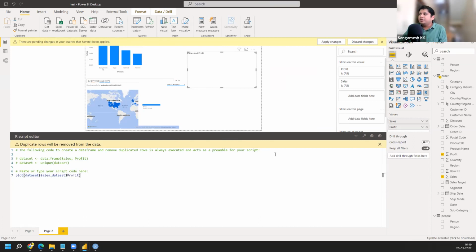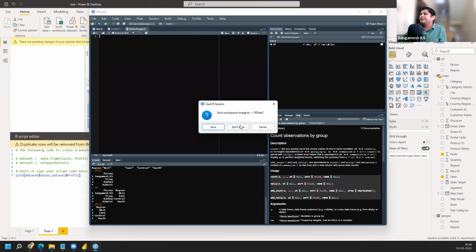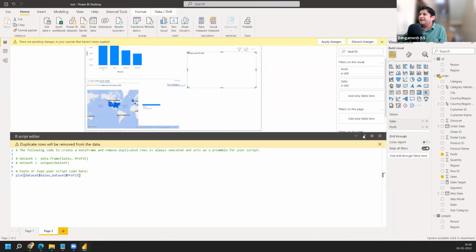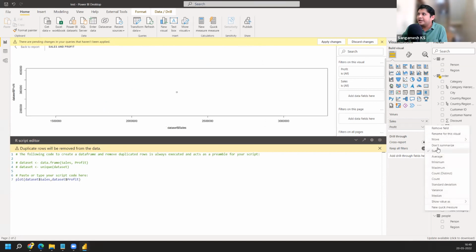So if I'm going to run this, I will be able to, oh, extremely sorry, no, don't save. Okay, I can actually run this. I have an option called the run button here. I can just run this. There will be a plot which will be available here. Right now this plot may look something different. You may say, "Arey, isme to ek hi dot hai," something like that. But if you go here and say "Don't summarize," I repeat again, if you say "Don't summarize,"